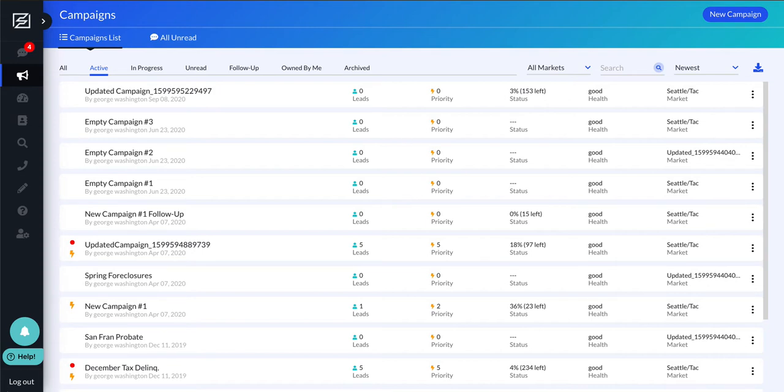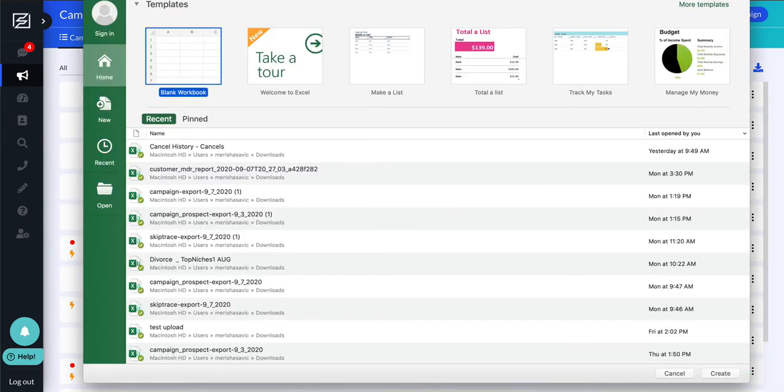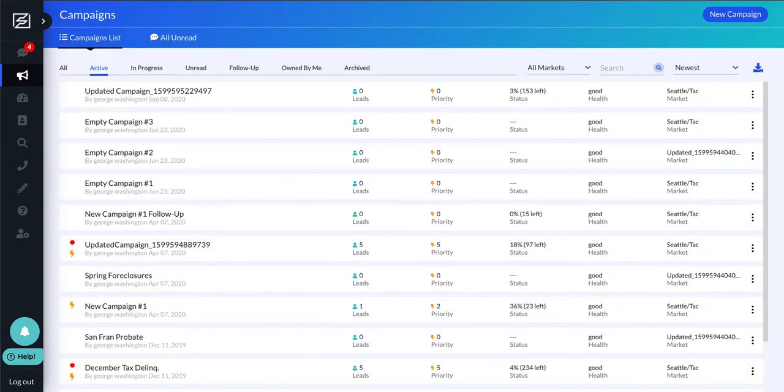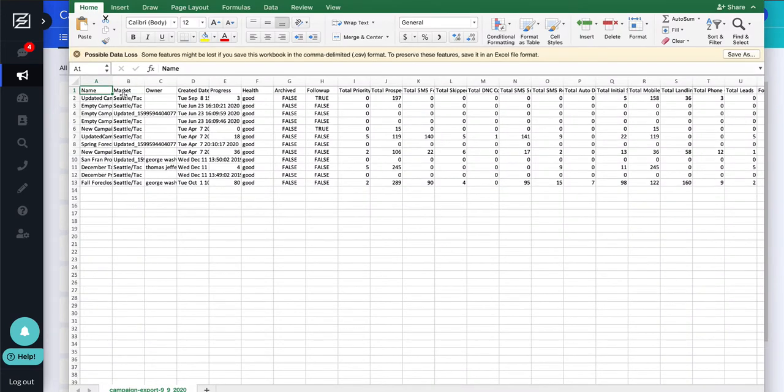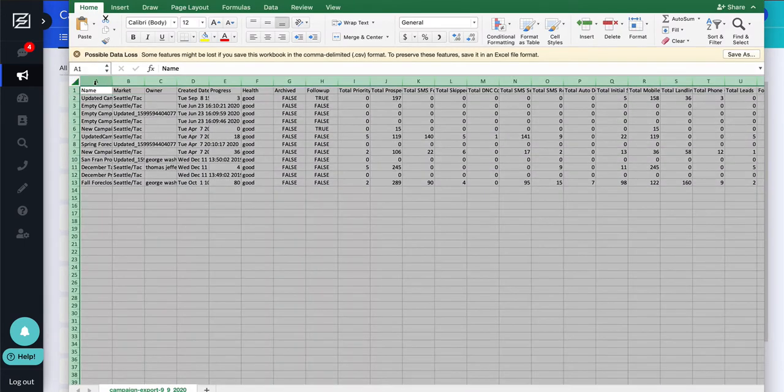So all you have to do is come here to your campaigns list, and it's going to be this download icon here in the top right. So if we just hit download, it should only take a second to download, as it's not downloading all of the prospects in the campaign, but just the stats. And so if I now open my document that has just downloaded,